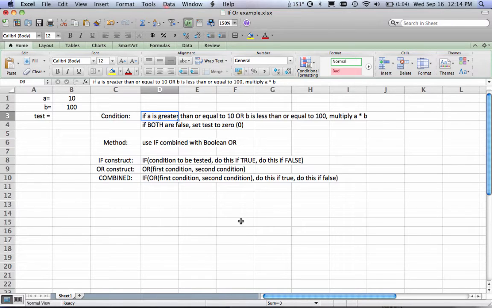if B is less than or equal to 100, then I'm going to multiply the number A times the number B. The Boolean or means that one of them has to be true. So if I were to use a Boolean and, that means both of them would have to be true, but a Boolean or means only one of them has to be true for the condition to be met. If both of them are false, then I'm going to, in this case, return a 0, not do any